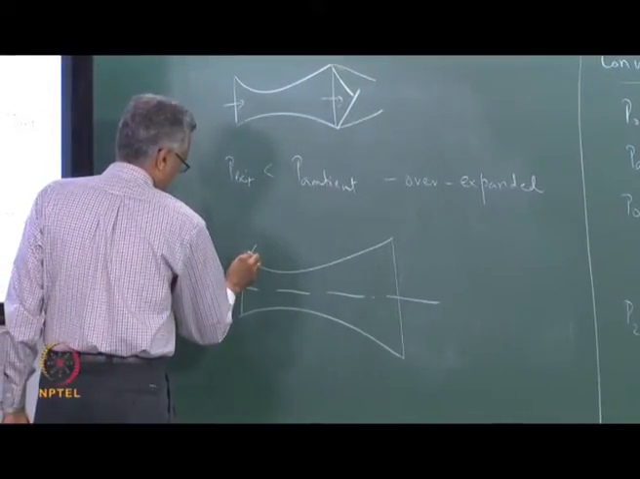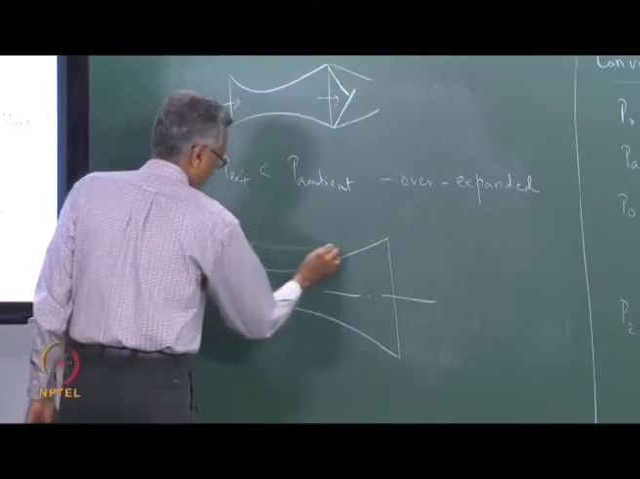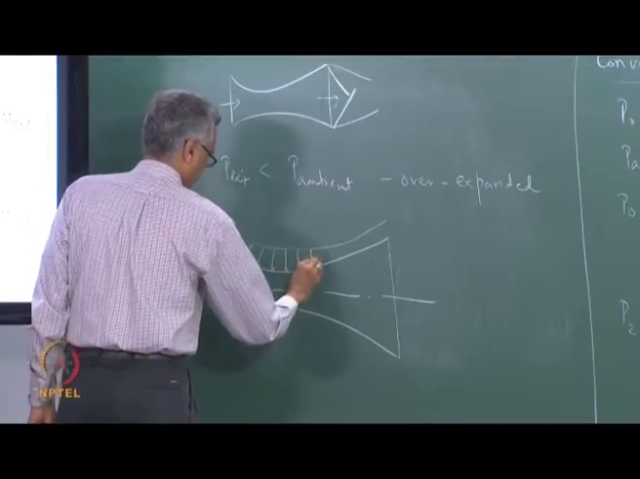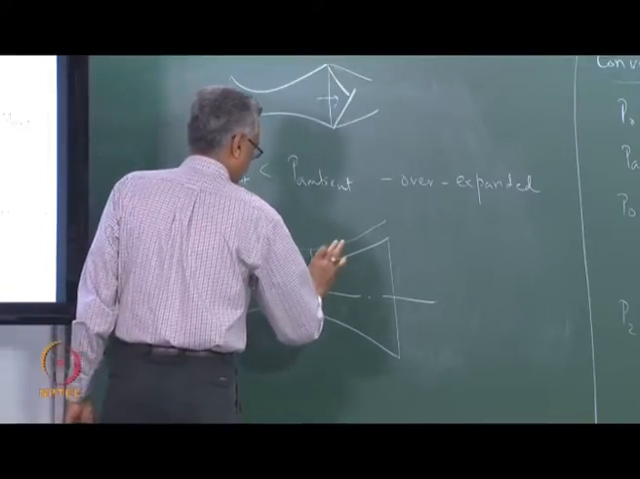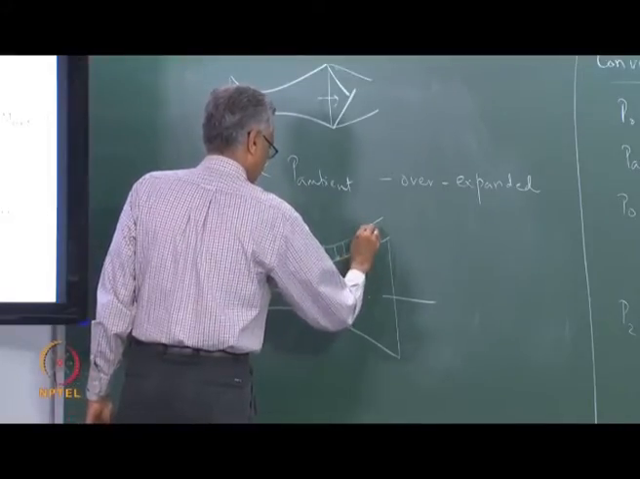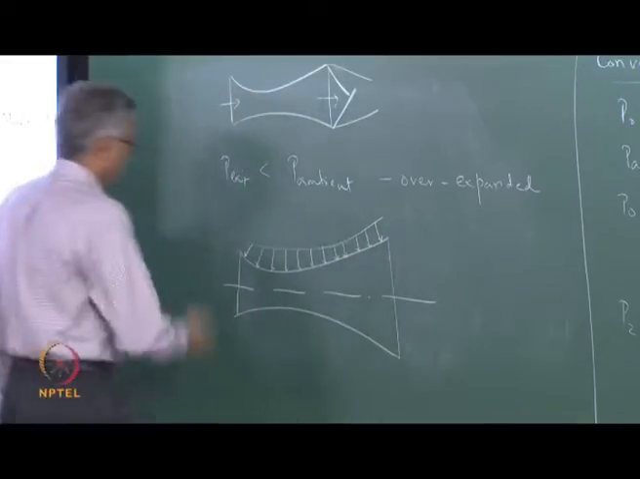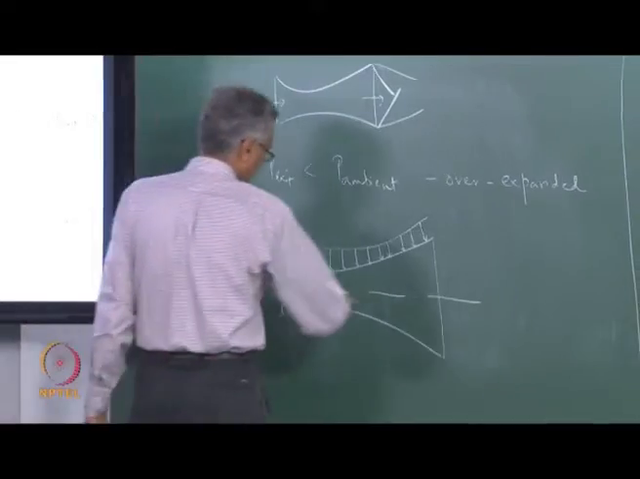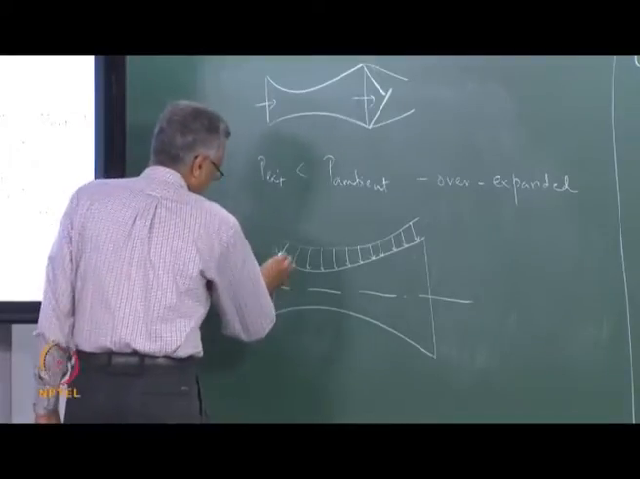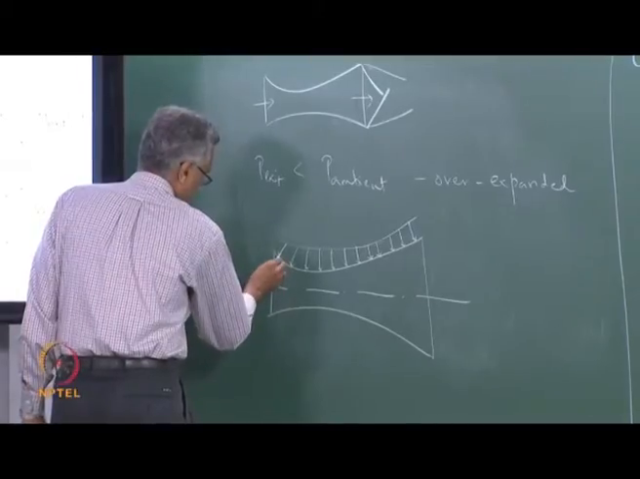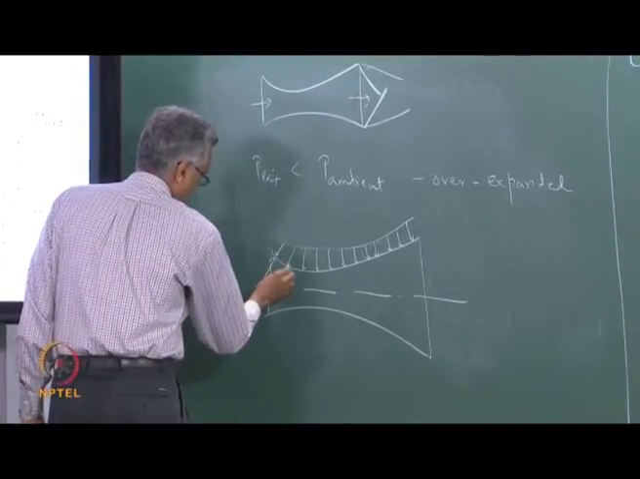So let us say that the ambient pressure looks like this. The ambient pressure is constant. This is my ambient pressure, the vector corresponding to ambient pressure. And if you sketch the pressure inside the nozzle, right? So this is going to look like this, and the pressure continues to change. So initially the vector may be very long,